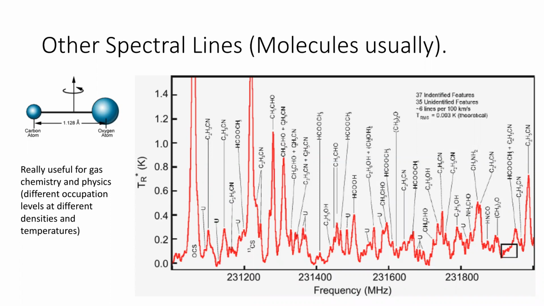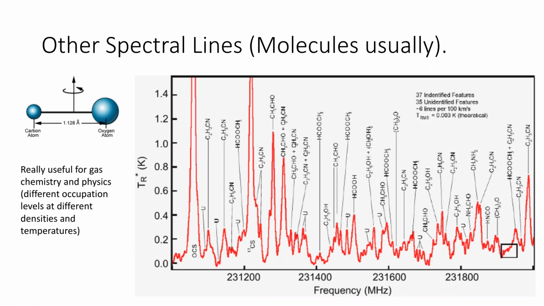And one that makes some really useful lines for astronomy is carbon monoxide, which is not totally symmetric. So carbon and oxygen are not identical. This creates all kinds of lines. So some of these are carbon monoxide lines. Can we find them? There's so many lines. I can't see a carbon monoxide one, can you? This is a bad example. Anyway, all of these things that have hydrogen, carbon, and oxygen, you can do all kinds of chemistry, basically, if you do this stuff. And different